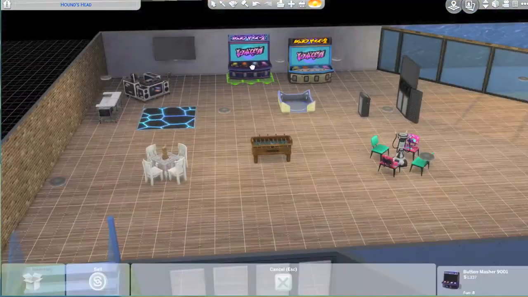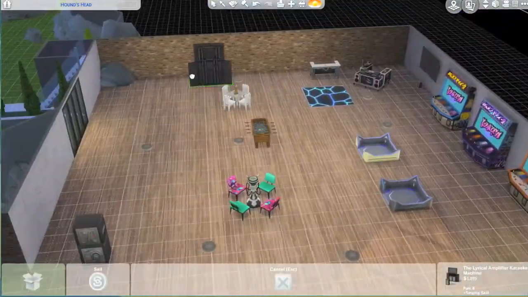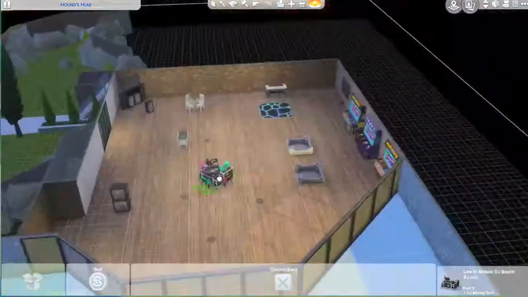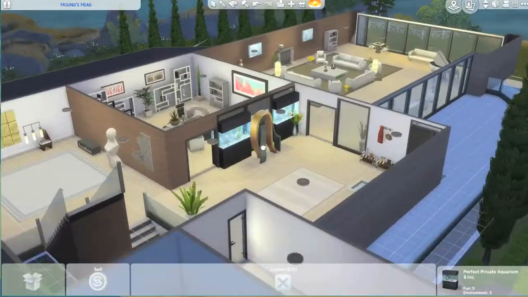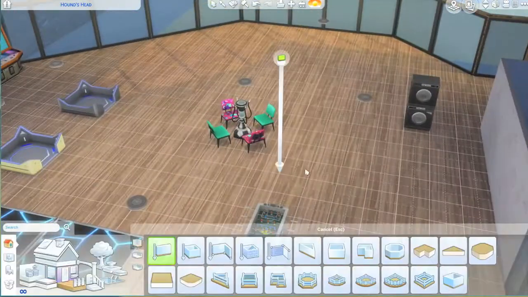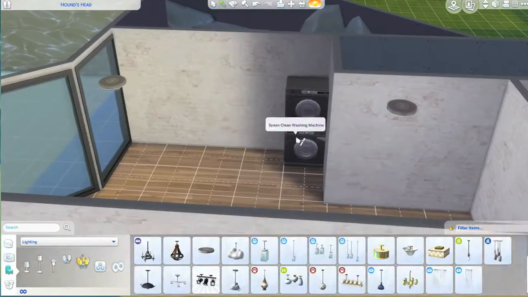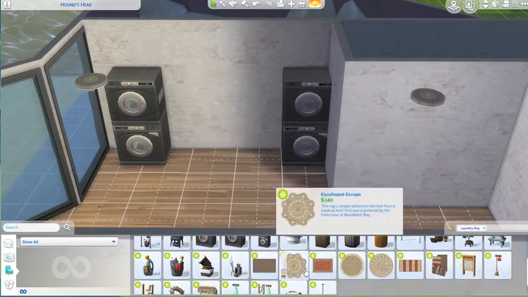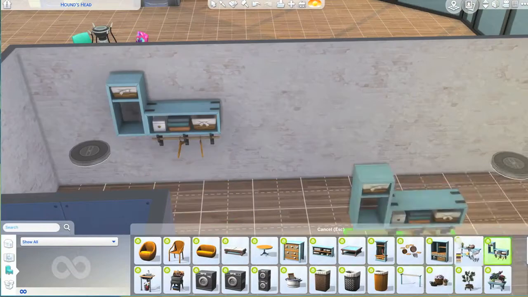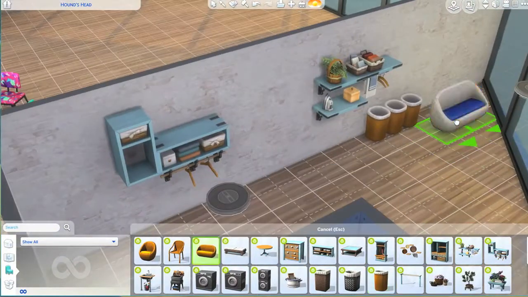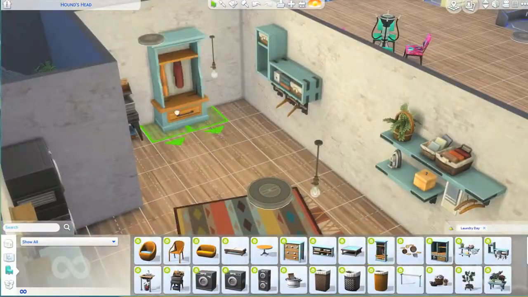So this is the basement that I forgot about, so I turned it into a fun area. So we've got all the gaming machines and the karaoke, and we've got the dance floors, and bubble machines and foosball tables and all the stuff from Get Together, basically all the fun stuff. And then I made a little laundry room in here as well, so we've got 2 washers and dryers, and a load of hampers, a bit of a seating area,